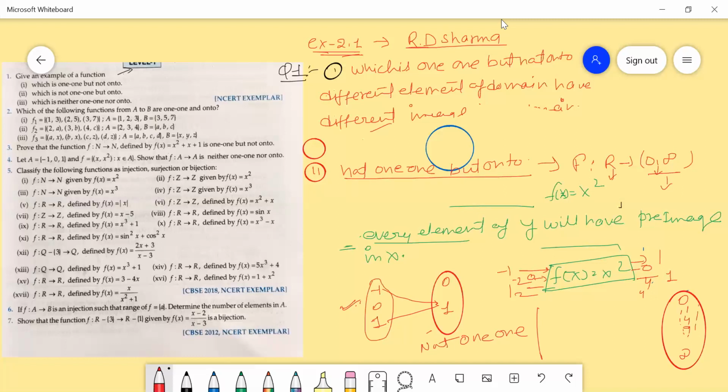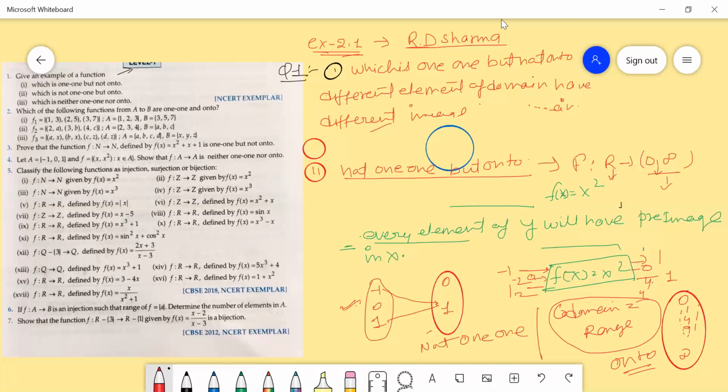So all the elements are non-negative real numbers, that is 0 to infinity. So here the codomain is equal to the range, right? So that's why we can say this is an onto function.